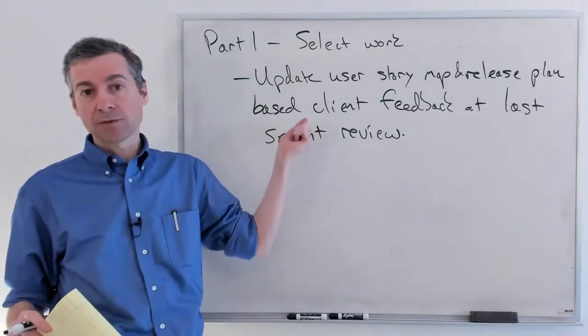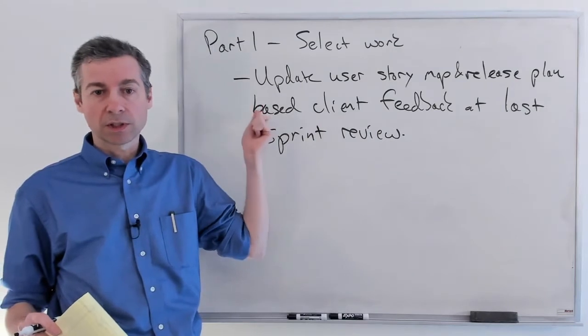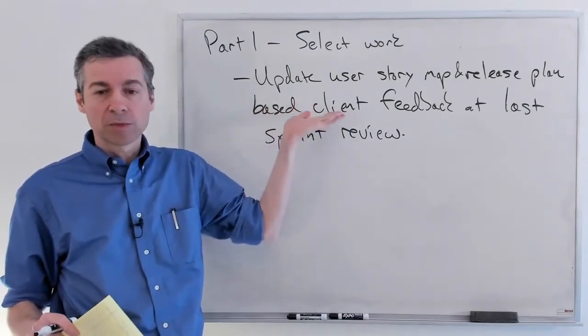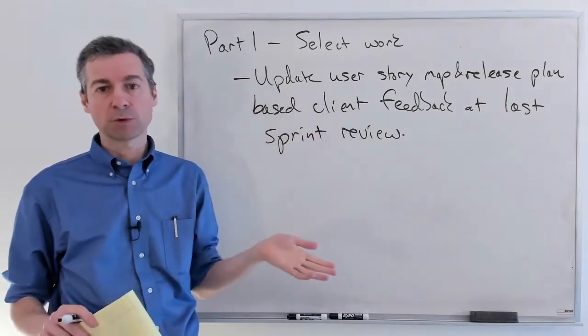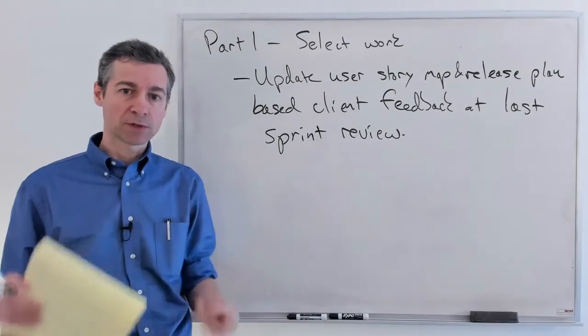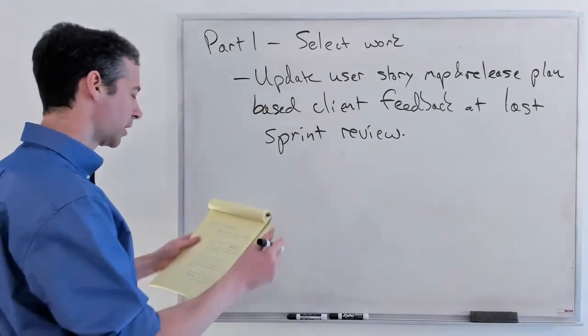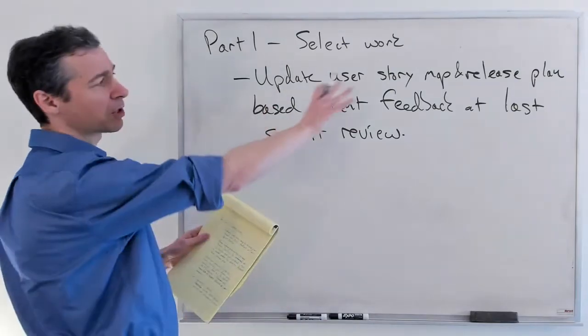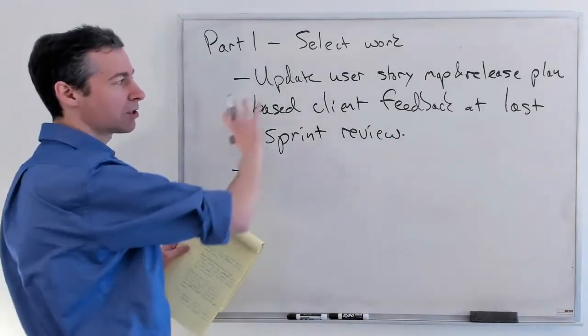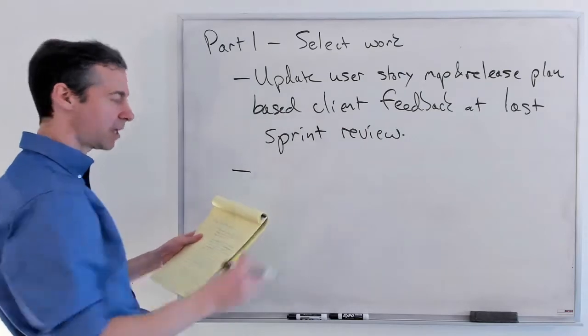This happens after every sprint review. You're going to need to do this. So at a minimum, you get it done at the start of your sprint planning. It might be a good idea to do it right after the sprint review when everything is fresh in your mind from the client. People will call this product backlog grooming, story grooming. You've got to keep this up to date.